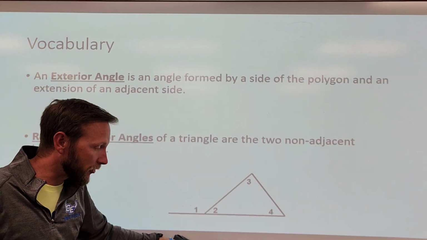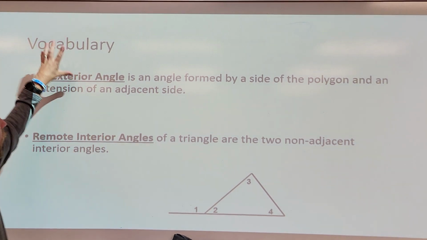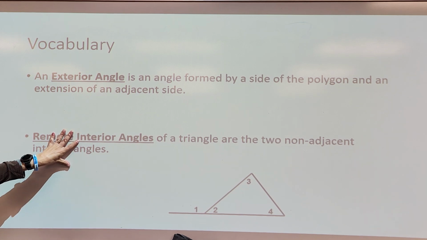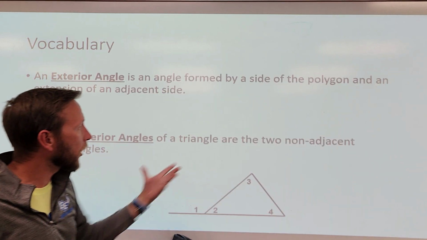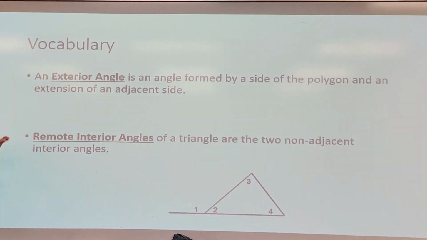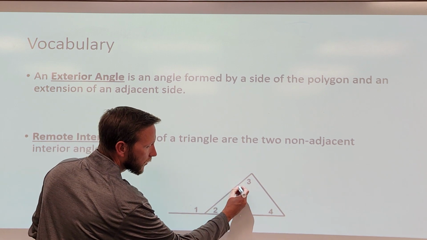We're going to do a lot of exercises with that in our classwork. Exterior angles and remote interior angles. In this diagram, these are all interior angles. So what are exterior angles? Well, an exterior angle is an angle that's formed by a side of a polygon